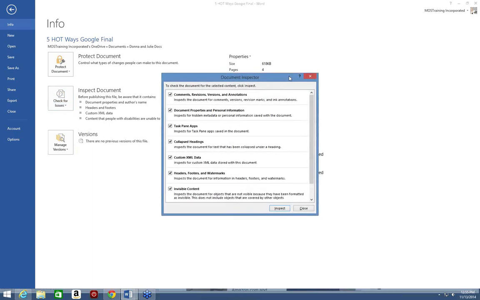then a dialog box appears, and it has checkmarked everything that it's going to check for, so that you don't have any, hopefully, embarrassing moments. The very first option it says is that it's going to check for any comments, revisions, any versions or annotations, and let you know whether those still exist in the document. For example, you may have forgotten to turn off a comment. Maybe you haven't truly finalized the document as you thought you had, and it will check for all of these things. So if I choose Inspect,